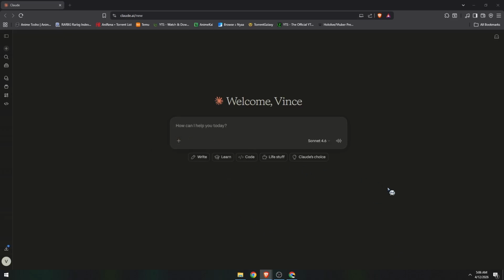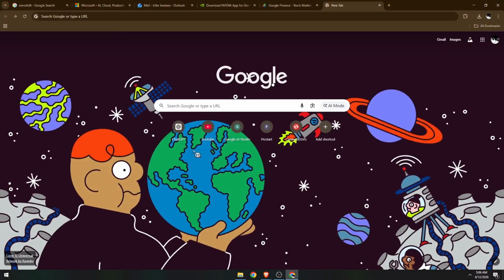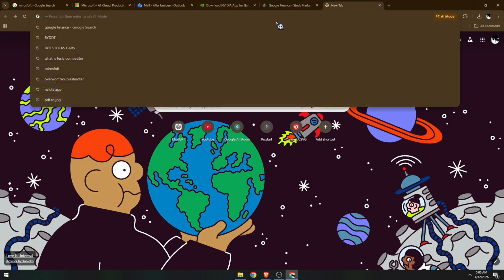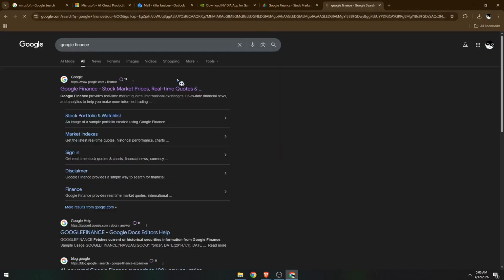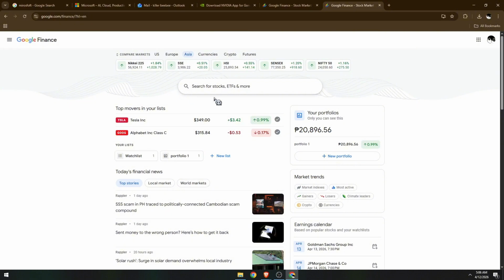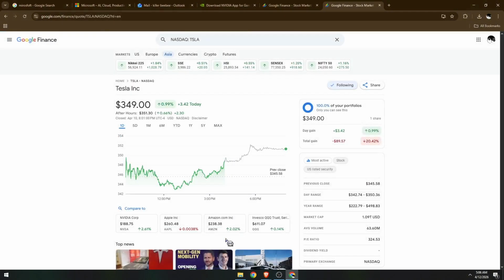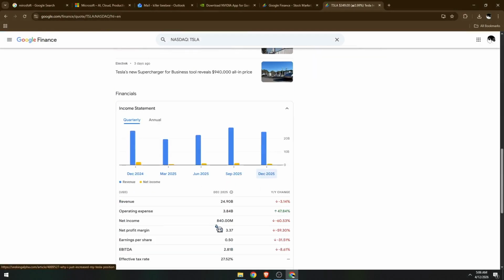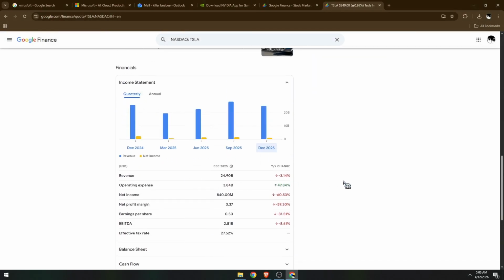You can use any browser you wish, and we're going to use Google Finance for this. So Google Finance, click on this link and choose any stock. I'm going to choose Tesla. Scroll down until you see this financials chart. So you could just take a screenshot